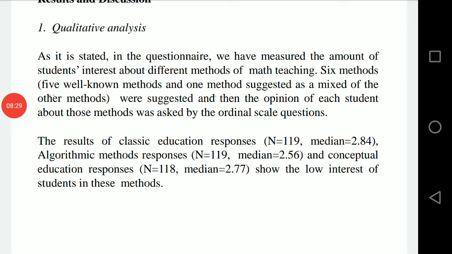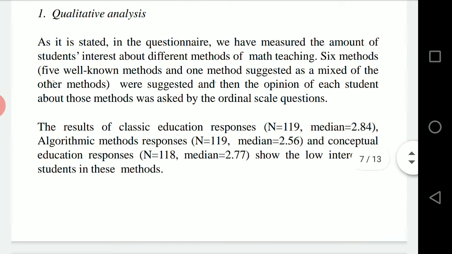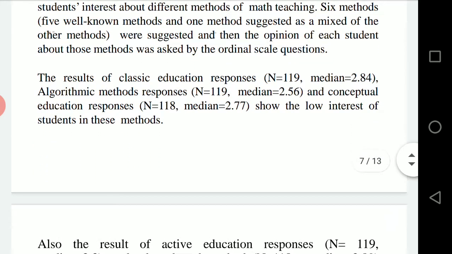The results of classic education responses, N equal to 119, median 2.89, algorithmic methods responses, N equal to 119, median 2.56, and conceptual education responses, N equal to 118, median 2.77, show the low interest of students in these models.